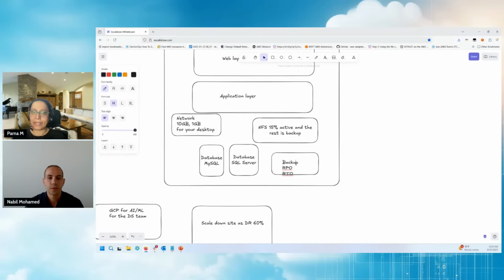Having said that, do you have any suggestions for backup, like what kind of services I can use for backup as well as storage? Yeah, just to make sure I capture that, you mentioned the RPO. For the critical applications it's 4 hours, and for the non-critical ones it's 24 hours. Okay, awesome. And the RTO? It's the same.